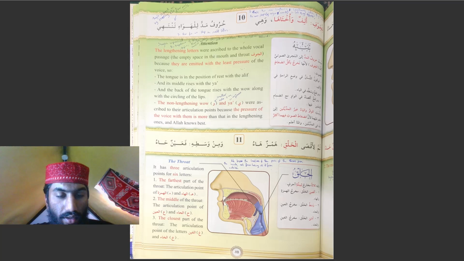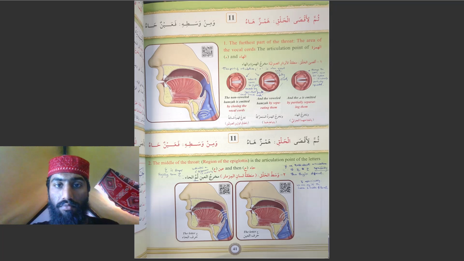Okay, now here you can see it's saying it here. The farthest part of the throat is the articulation of Hamzah and Ha. That is from the vocal cords. The middle of the throat is the articulation of Ain and Ha. That is from the epiglottis here. The closest part of the throat is the articulation of Ghain and Kha. That's from the root of the tongue. There. Okay. Now, looking at them in more detail, if we look at Hamzah and Ha, as we said, from